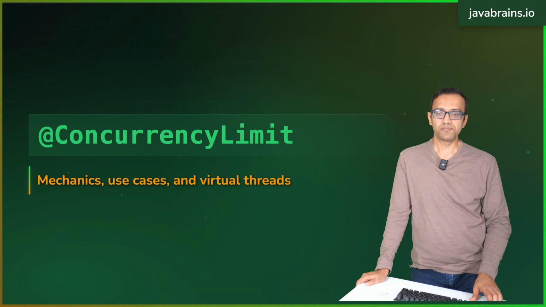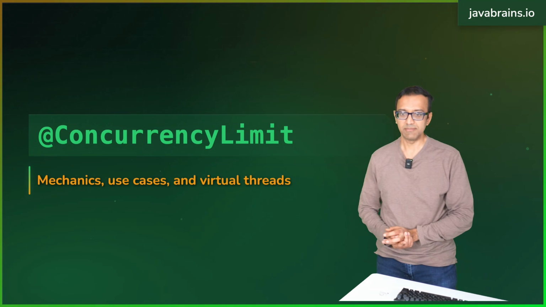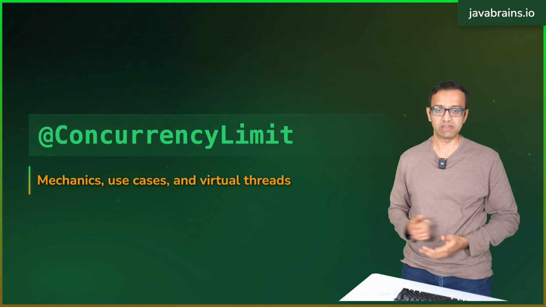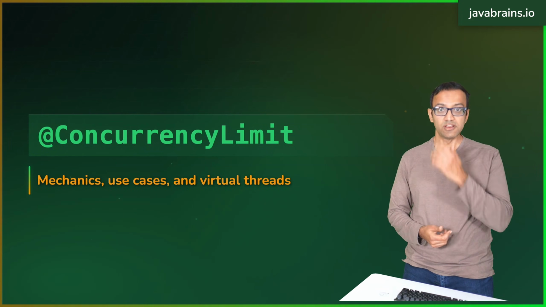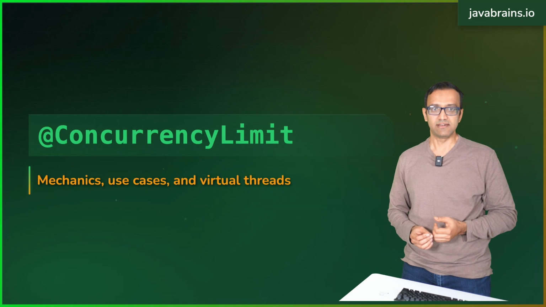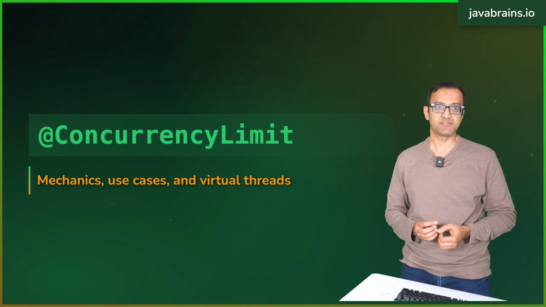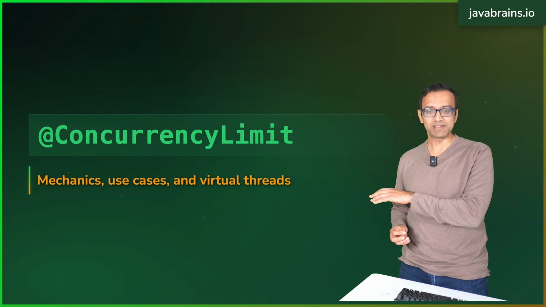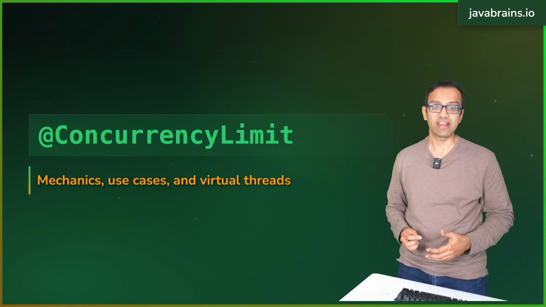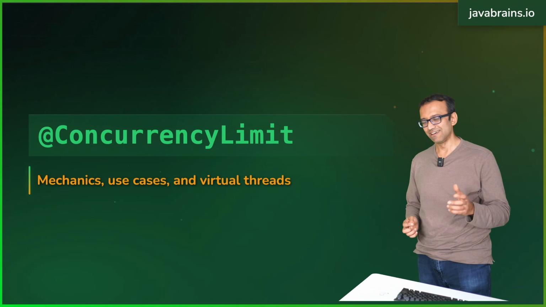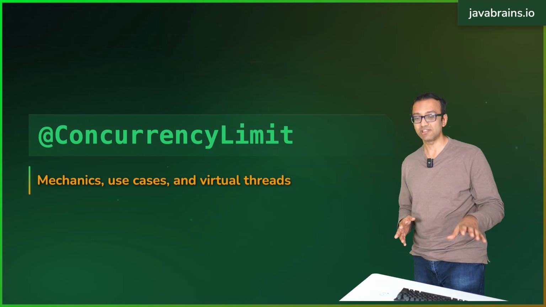So I'm going to show you how to use the concurrency limit annotation. This is the new annotation that was added to Spring Framework 7. And we'll look at the mechanics, we'll understand when it's necessary, and we'll also get into virtual threads. There were a bunch of questions about virtual threads. We'll talk about how concurrency limit is actually more important with virtual threads, not less, because one of the things that I saw online in the chatter,